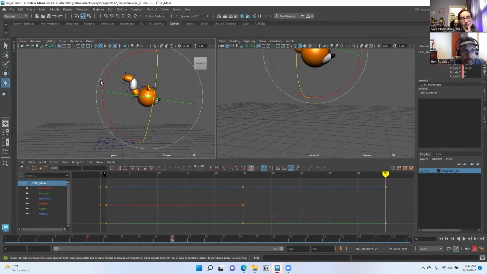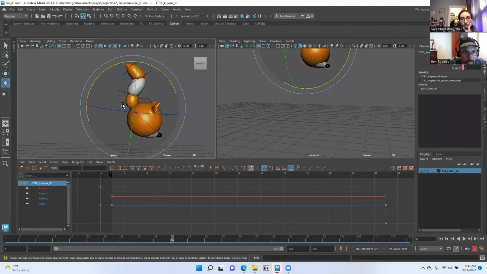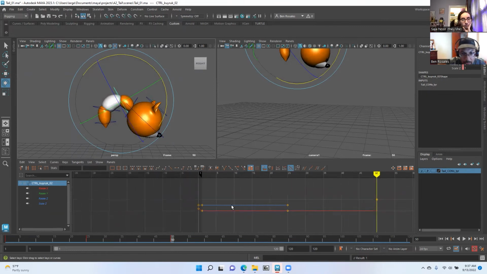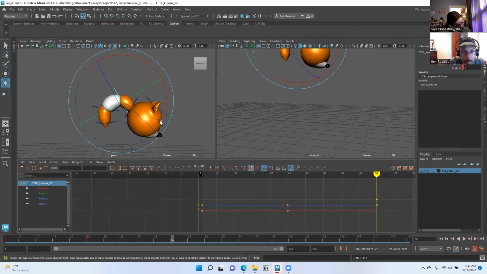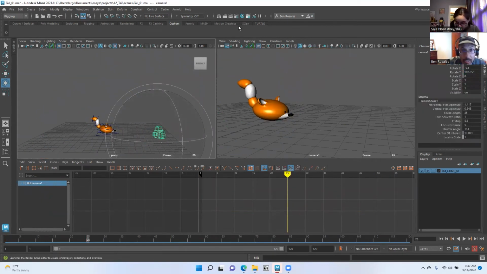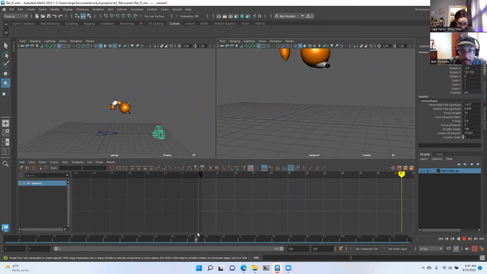So maybe he's way up here. He's gonna position. I'm trying to get a C curve out of his tail now that he's falling down. And you can see he's kind of out of camera already. So that's something I need to think about also, which is how do I need to position my camera to keep him in scene? Maybe I unlock my camera and I adjust it so that